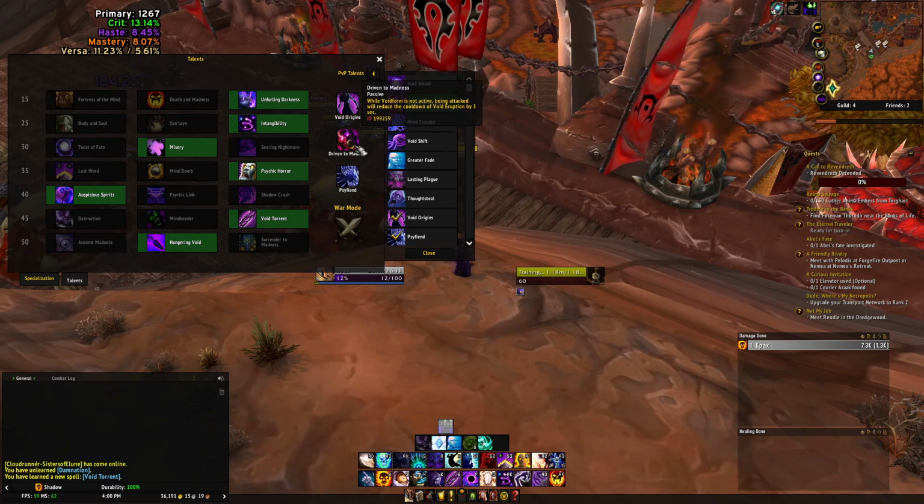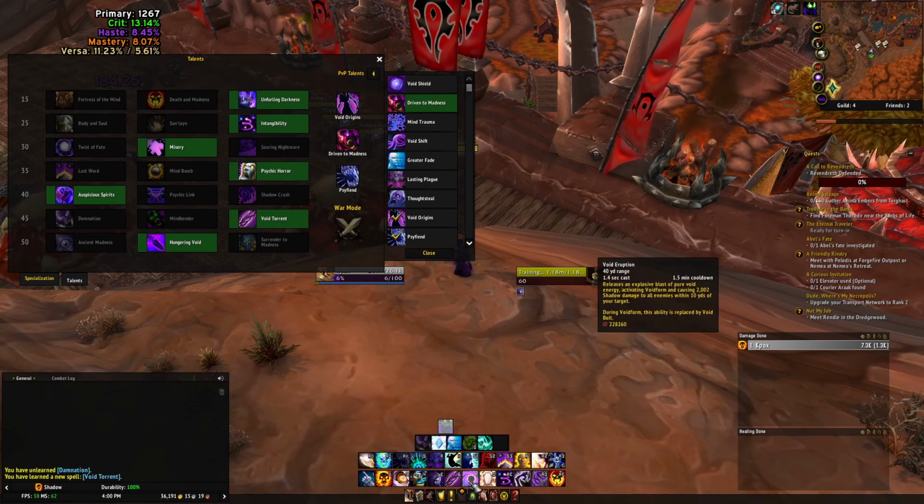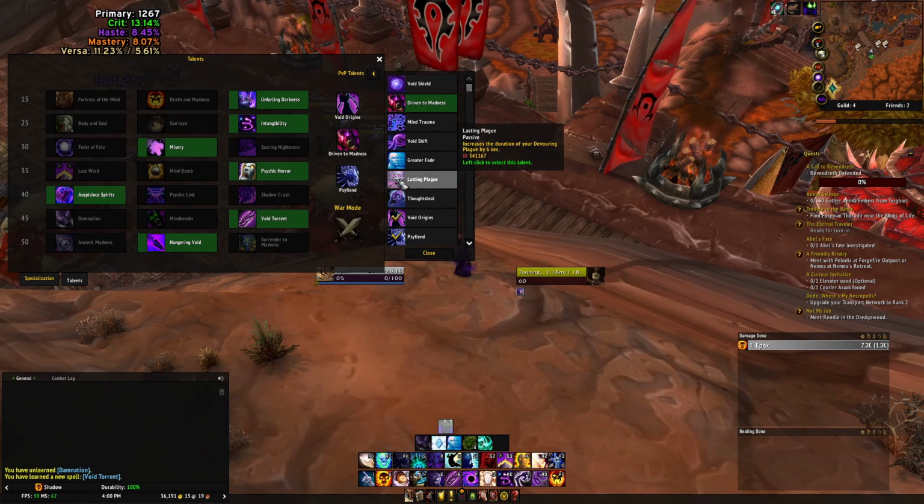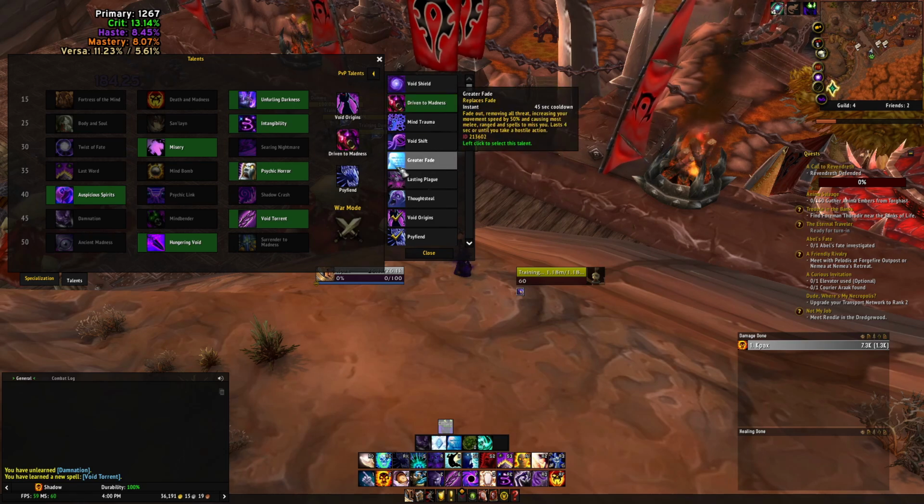So whenever your Void form is not active, whenever you're attacked, it will reduce the cooldown of your Void Eruption by 3 seconds. So already I think it's a minute and a half cooldown, 90 seconds. So, you know, it depends on how much you're getting hit. Honestly, if you're just getting put on, I would totally put it as Driven to Madness, but otherwise I do